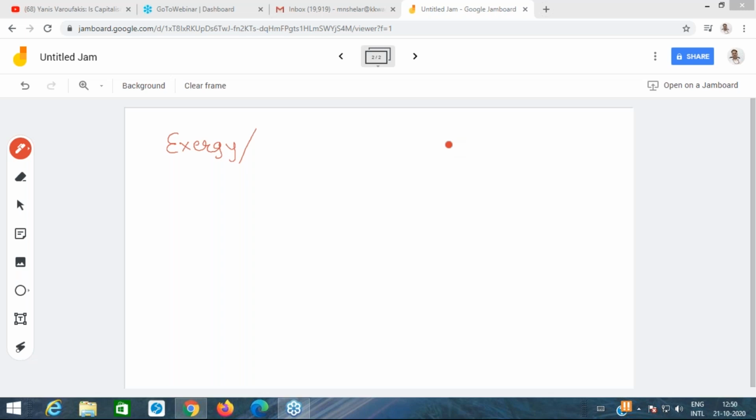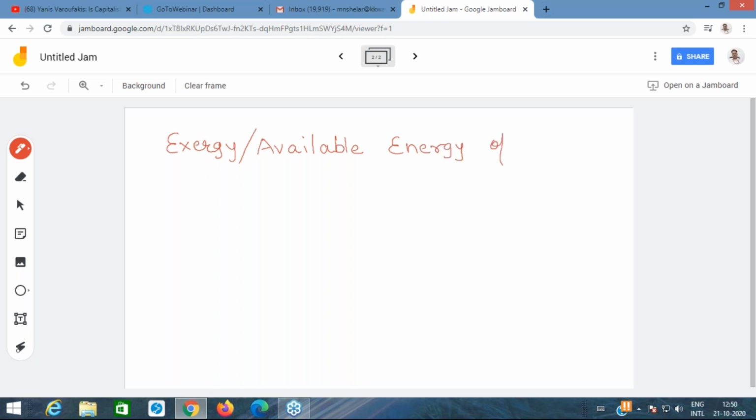Find the exergy or available energy of, let us say, 1000 kilojoules of heat, available from the source which is at